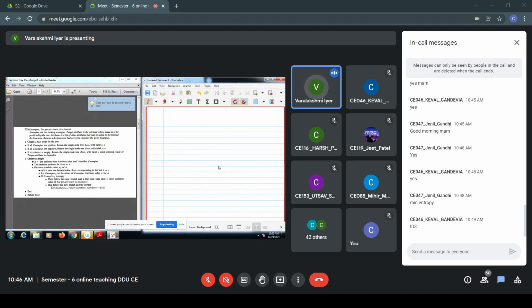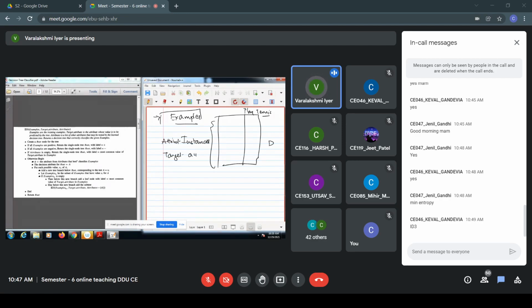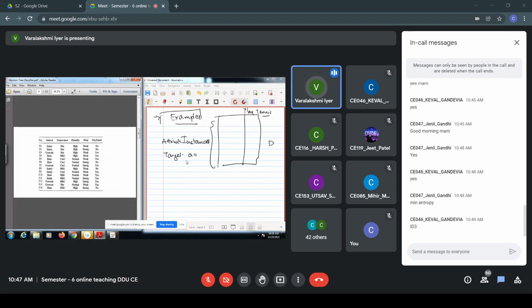This is our algorithm, ID3 algorithm. In the ID3 algorithm, the input that we are passing is our examples, where examples means if we have an entire data set D, the set of instances that we have in our data set. We are passing a target attribute, that is our label. For example, in play tennis, play tennis is our target attribute, and we are passing the attributes of our data. For the previous data set, our attributes are outlook, temperature, humidity, and wind. These are the attributes that we are passing in the decision tree classifier.